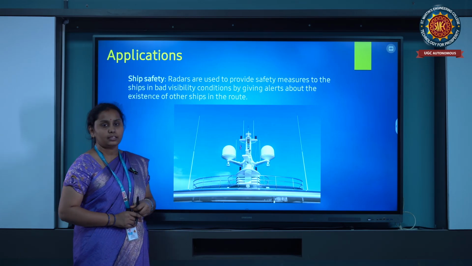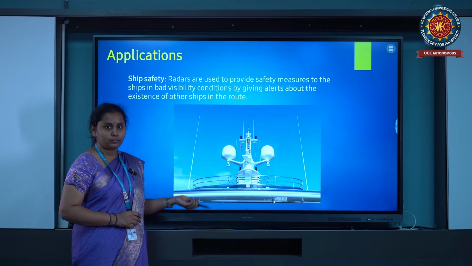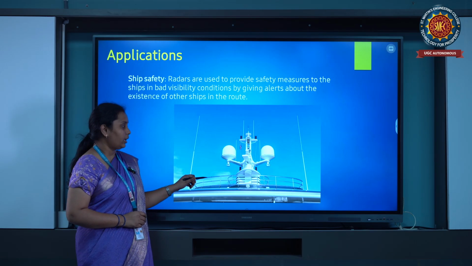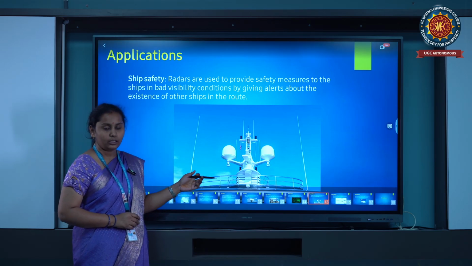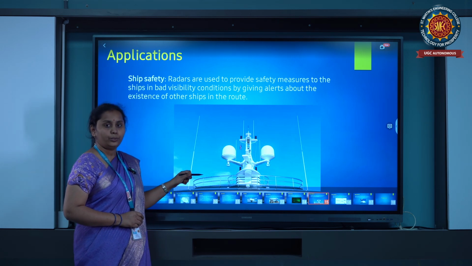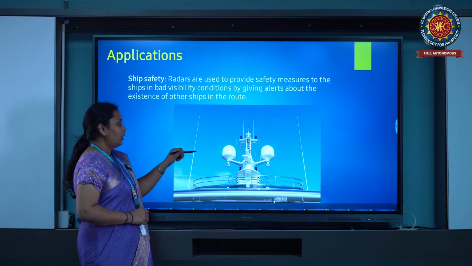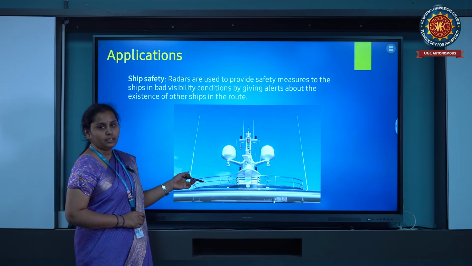If the ship has been damaged or has any problems, the radar can send signals to the control board so that we can find some help and save lives.